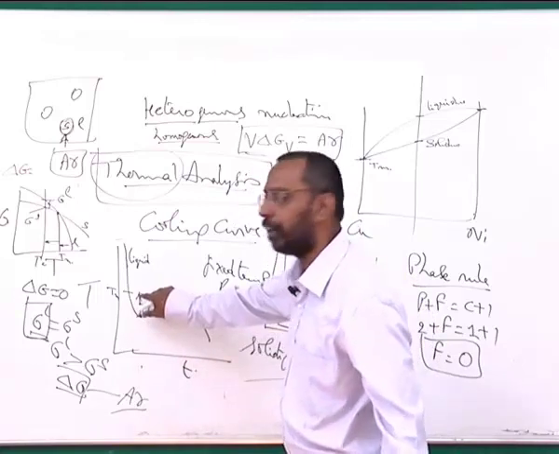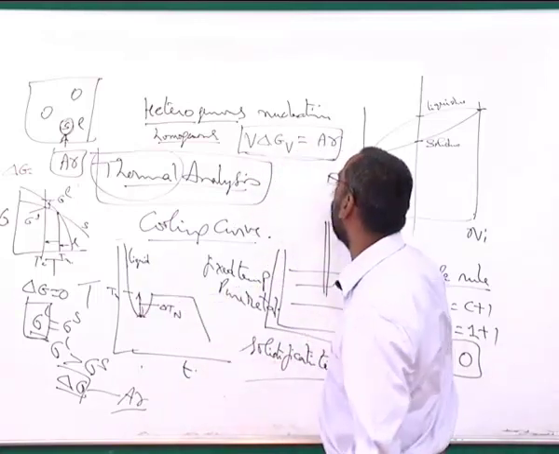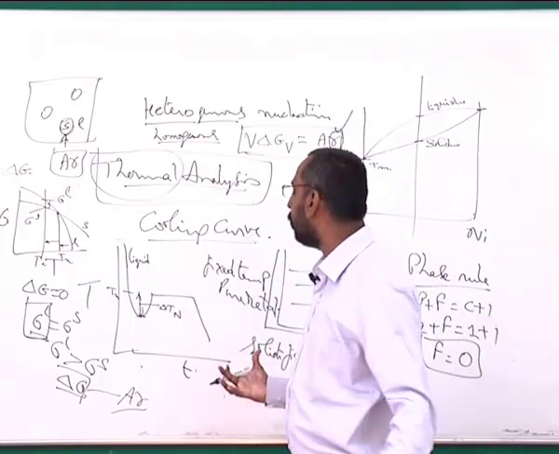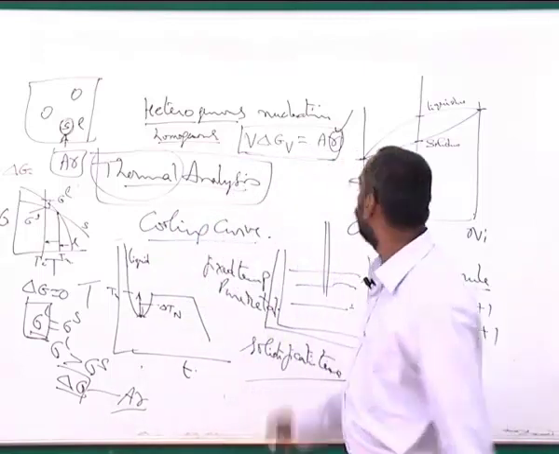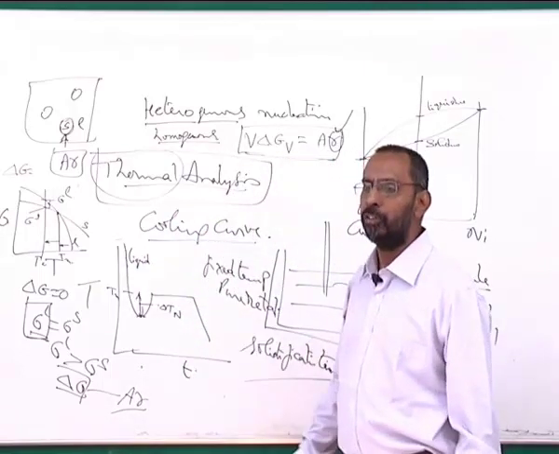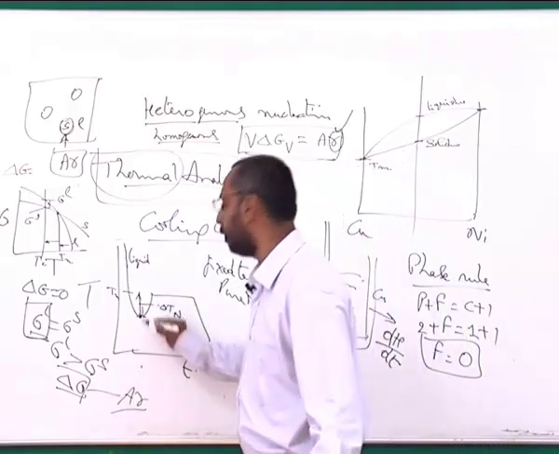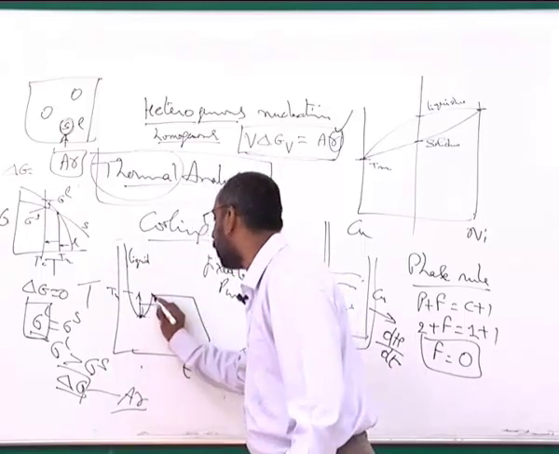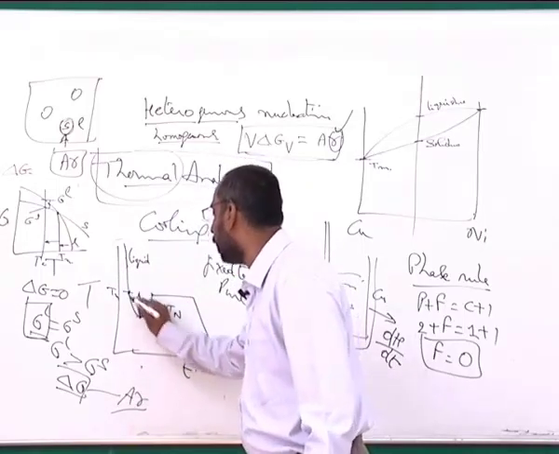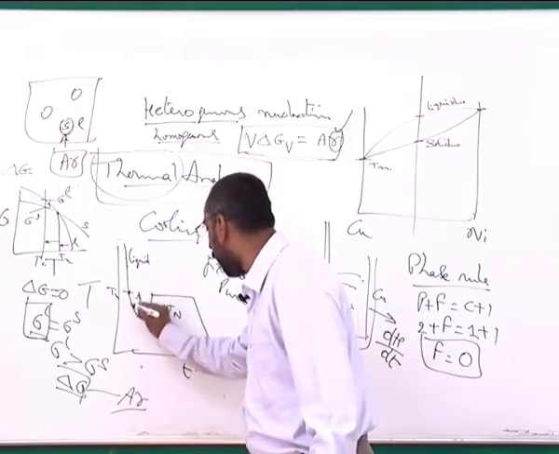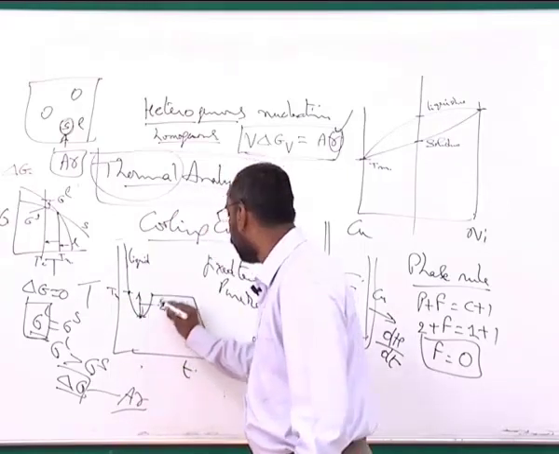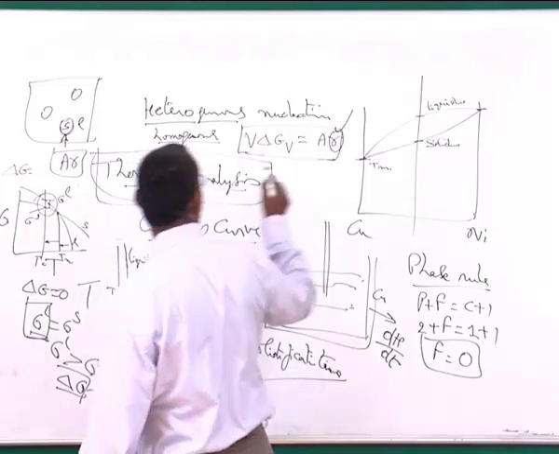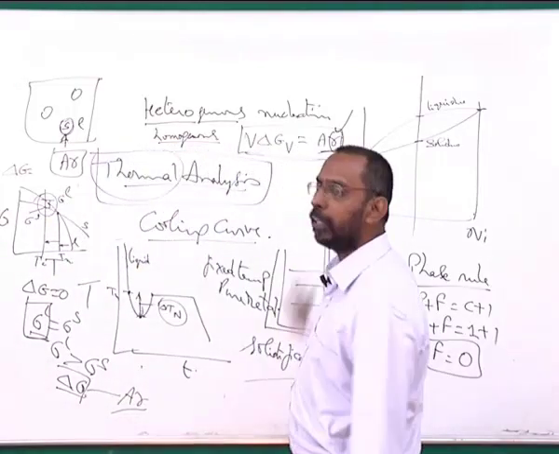And this undercooling required for nucleation, as you can easily see from this, is a function of γ. So the larger the γ for a particular system, the larger the undercooling that I need to provide to be able to achieve homogeneous nucleation. And once the nucleation starts, in this whole cooling curve, the nucleation starts here. The nucleation does not start here. The nucleation will start here, because the liquid has to be undercooled to a particular temperature where ΔT is sufficient to create a ΔG, which is sufficient to create this particular surface.